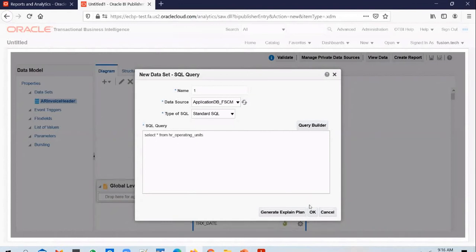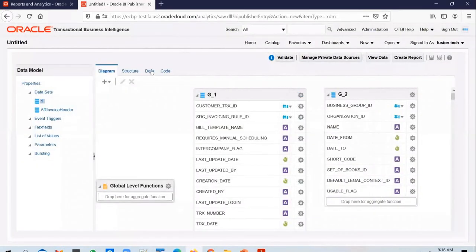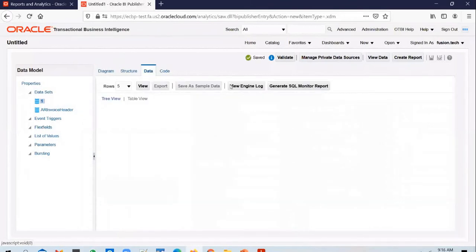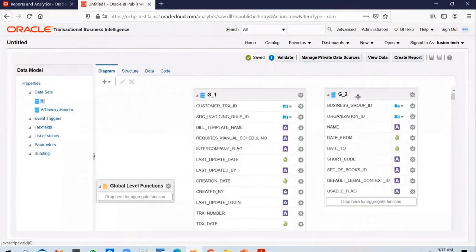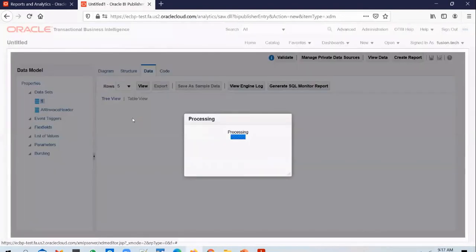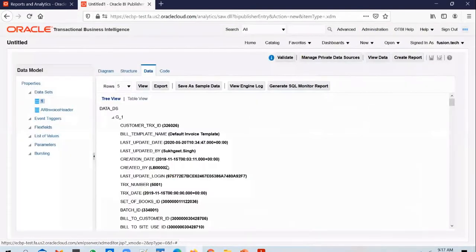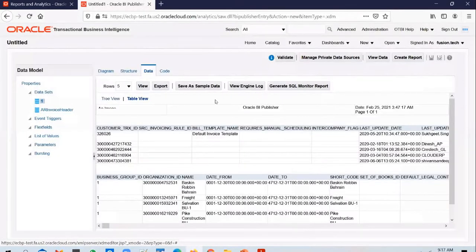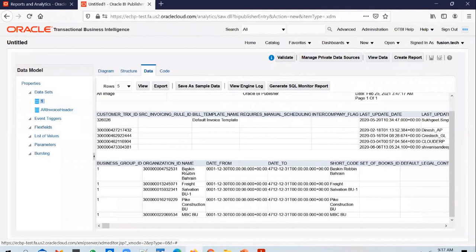You can still use this view and click on OK. And if you go to the data tab, in the diagram you have multiple queries. Now you have two queries with no link between them. So these two queries work as standalone queries and will pull the information from the database. So you go to the data tab and click on view, go to table view, and you see that the information pulled by the first query is displayed at the top and the information pulled by the second query is displayed here.